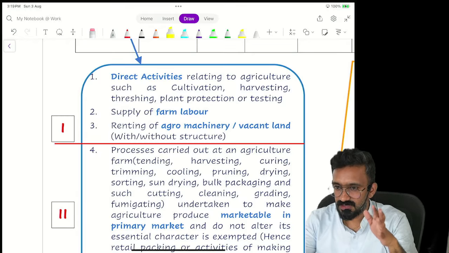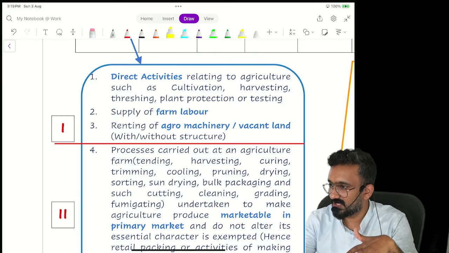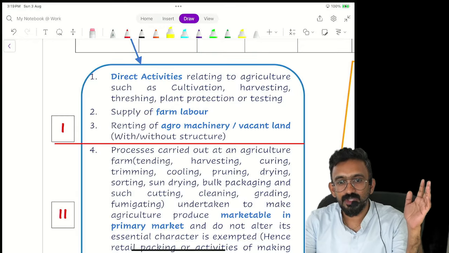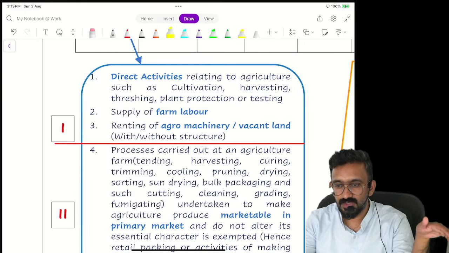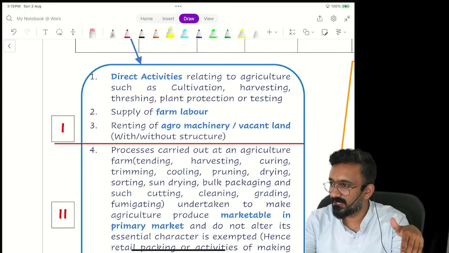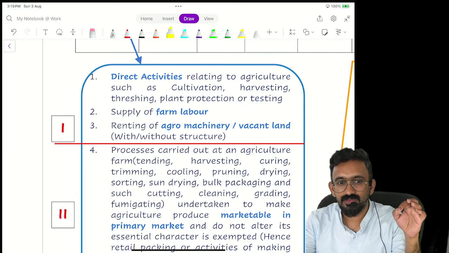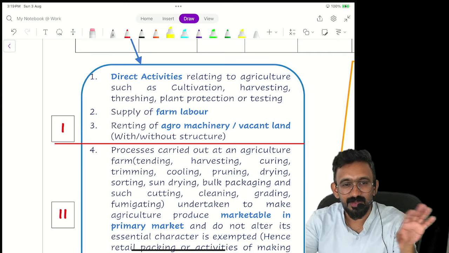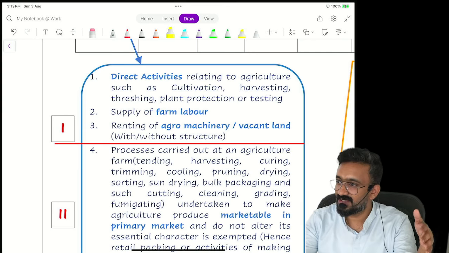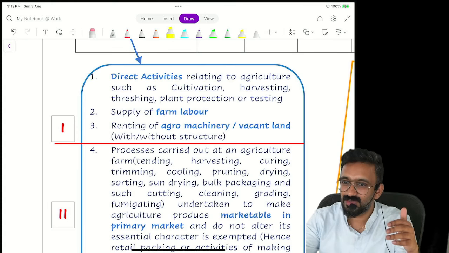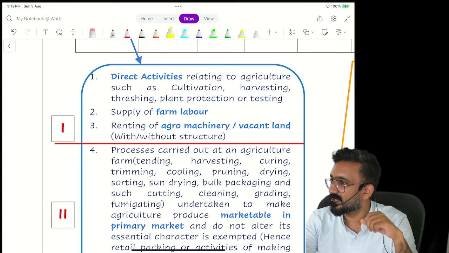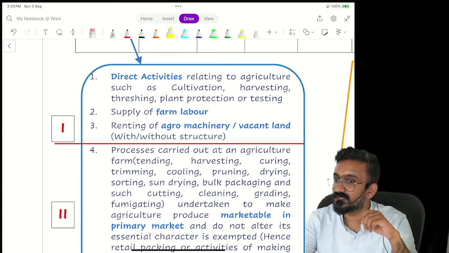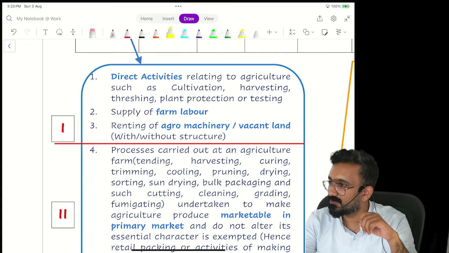With some building inside, which might be used for storing the seed, storing the product and all that. I'm giving a commercial building which also includes a land. On the side of the land behind this commercial building, they do vegetable cultivation. Chili, some tomatoes, some potatoes. I'm doing it in the backyard. 10 cent land, in that 8 cent is construction of building, 2 cent I'm doing this small vegetable. Can I say I have given land for agriculture? No, that's not what is meant by with the structure.